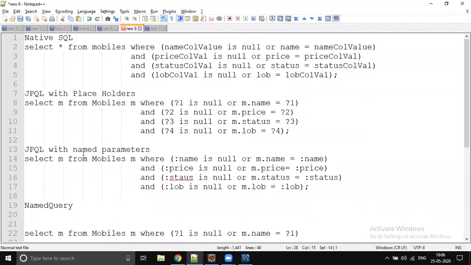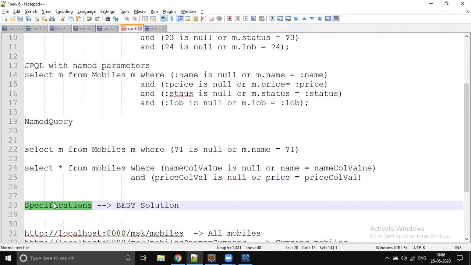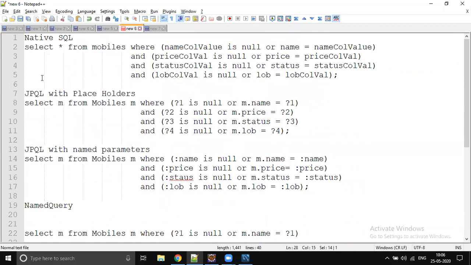So we will start with JPQL placeholders, the named parameters, and finally native. How to write a raw native query, we will see one example. Then we will come up with one more feature called named query, and finally we go to specification. So it's a big story actually.